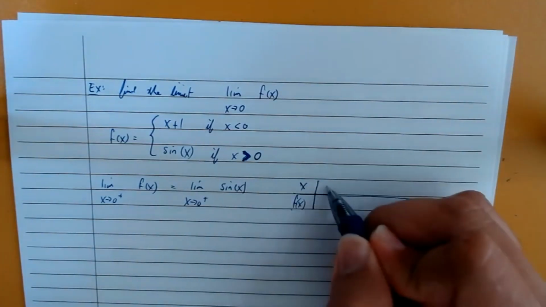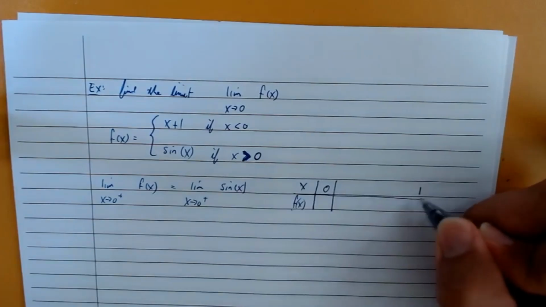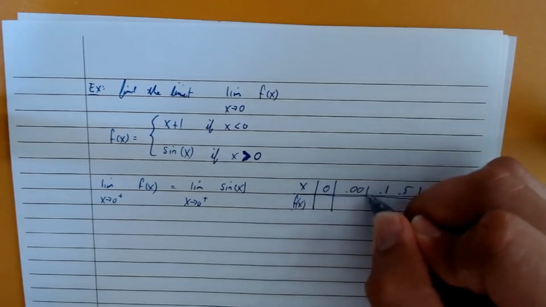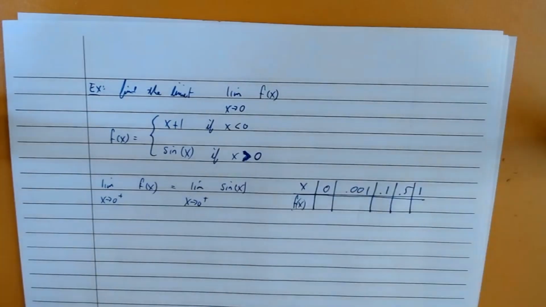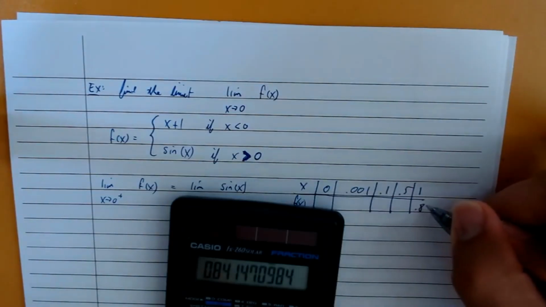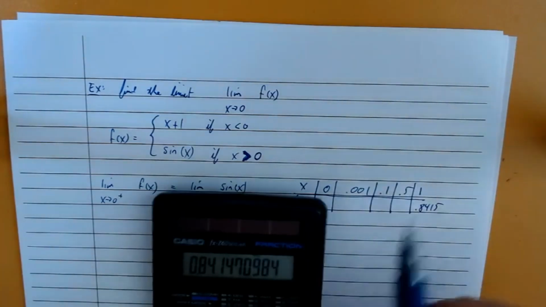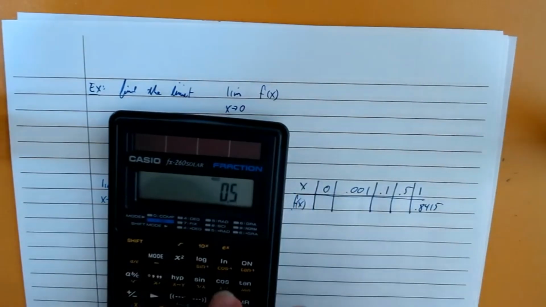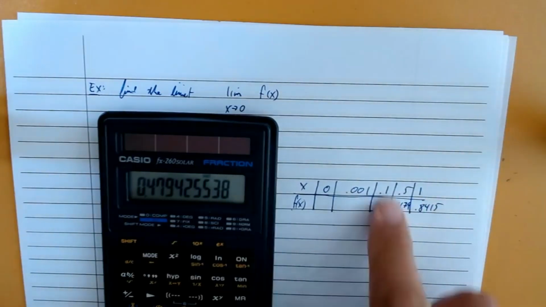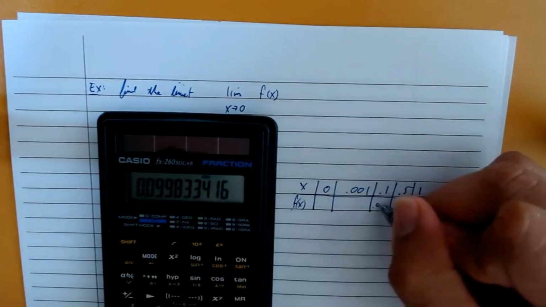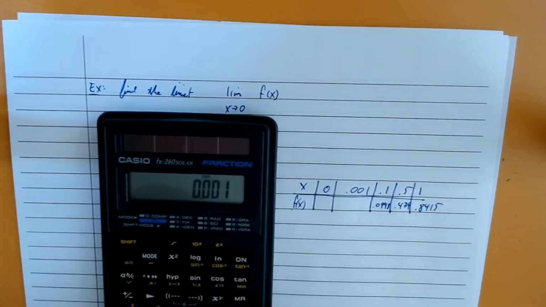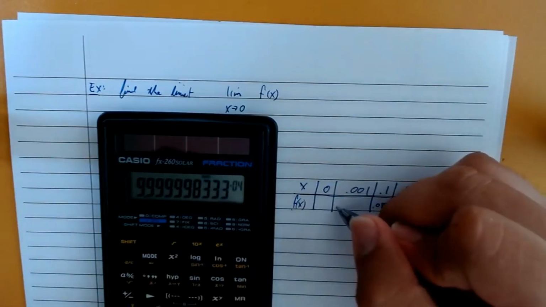And I only care about plugging in numbers that are greater than 0. So let me plug in 1, and 0.5, and 0.1, and 0.001. All right, so here we go. If I plug in 1, and again, I'm in radians, the sine of 1 is 0.8415. If I plug in 0.5, the sine of 0.5 is 0.479. If I plug in 0.1, the sine of 0.1 is 0.0998. If I plug in 0.001, take the sine of that, that's